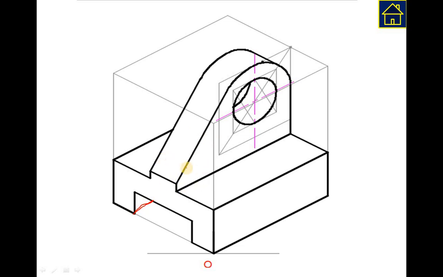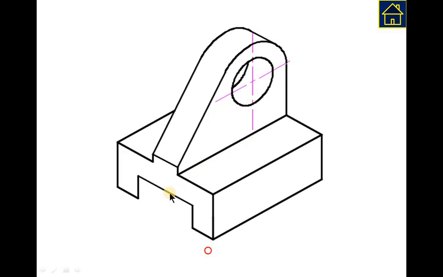Okay, so this way we will complete the object, and then one need not erase these construction lines. No need to erase this parallelogram, this other small parallelogram, and these object boundaries. This will be helpful for the evaluator to understand how much you have understood before drawing this isometric view. The final object is visible like this. You are forgetting this line again. Okay. So this is the final object, and this was the origin here, which was given.